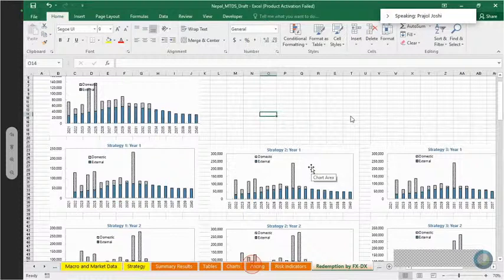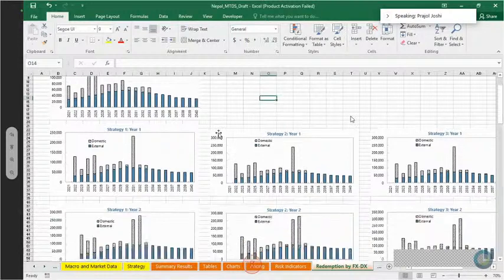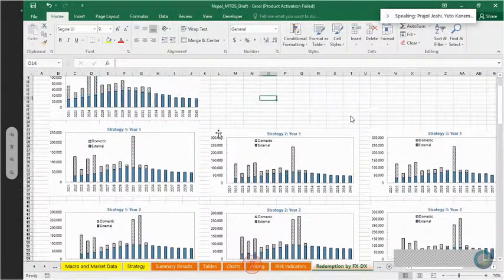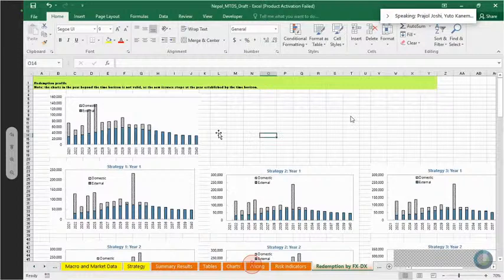Because for example, in status quo strategy 1, the 2030 redemption is around 100 million, but in the next year, 2031, it is more than double the amount of redemption. So honestly I am a bit afraid that this jump is big and significant. But I don't know if this is possible or not. That's why I just want to raise your attention about the redemption profile.